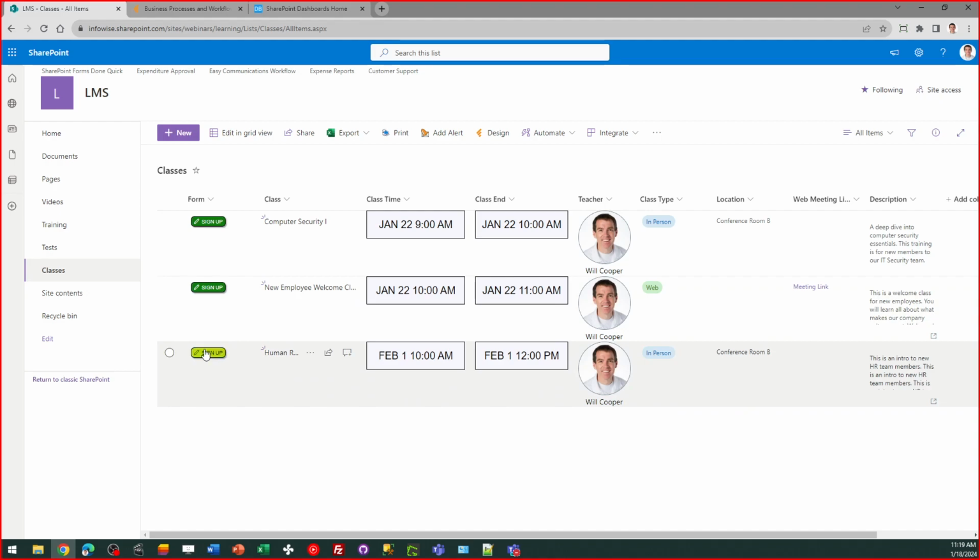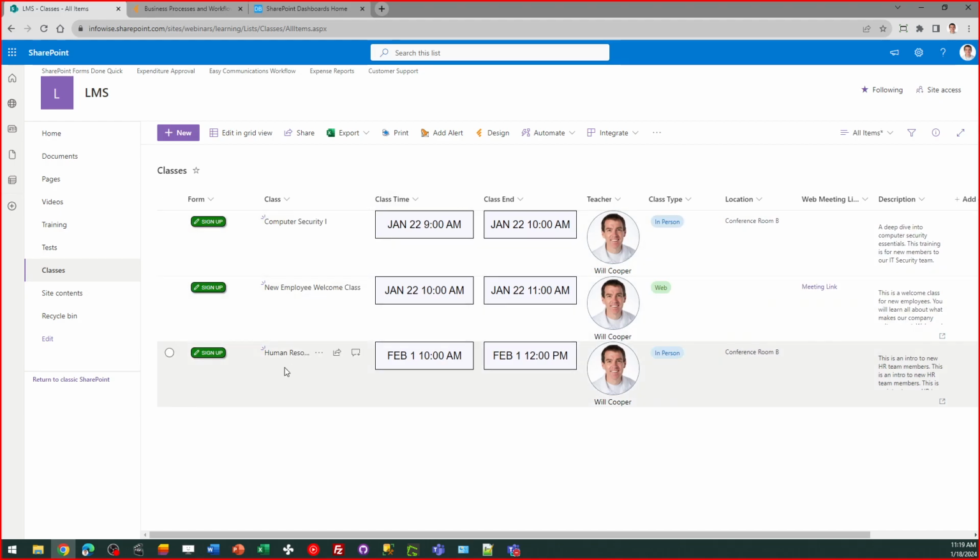And then we've got this green sign up button, so our students can very easily understand, oh yeah, I want to sign up for this training. They just click the green button to sign up, go in the form, and they can add their name. And now we've got a class schedule system. Of course, this can be ordered chronologically and easy for people to find and sign up for classes. Okay, so we've got